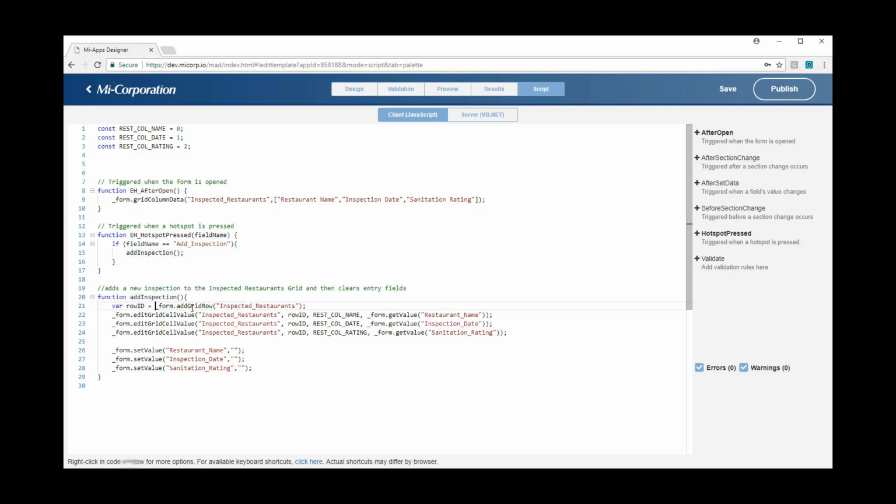To add a row, use the _form.addGridRow method. Pass the name of the grid you wish to add to as an argument to that method. This method returns the row number of the newly added row, and we're going to refer to that using the variable row ID. Next, we want to put the appropriate data into the columns of the row we just added. We do this using the